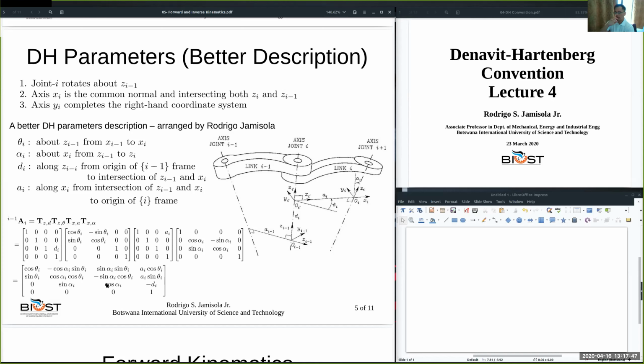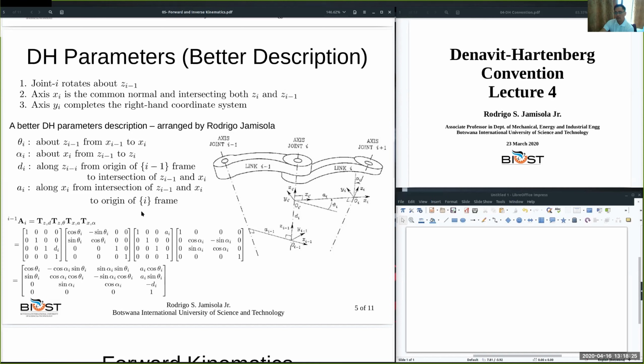Okay, so as you remember, we had an exercise in the class about a planar robot, 3 degrees of freedom. We never used any DH parameters. We just geometrically solved the forward kinematics and the inverse kinematics problem. But in the full space, that will be quite troublesome if you just compute geometrically. So now we use the DH parameters in order to have a more general way of defining the end effector of the robot,